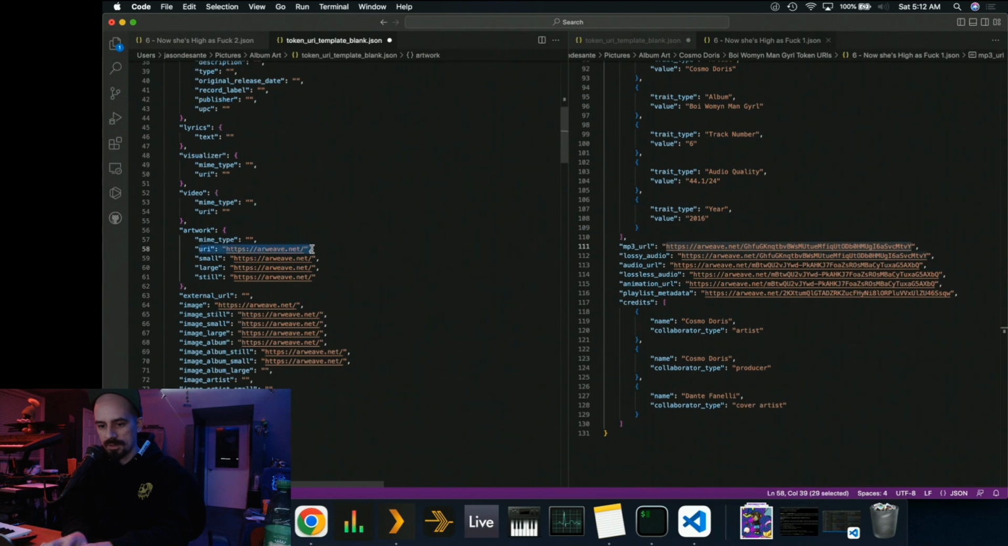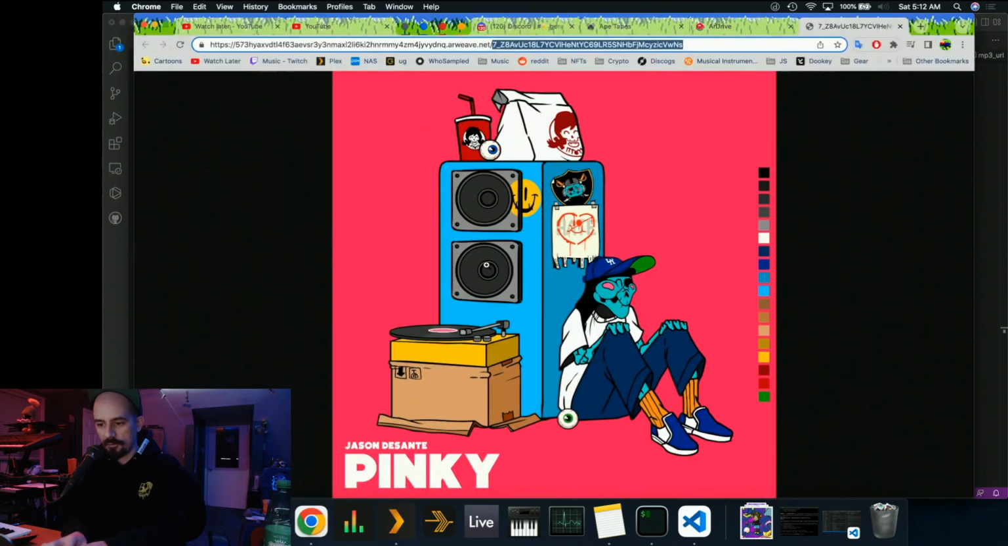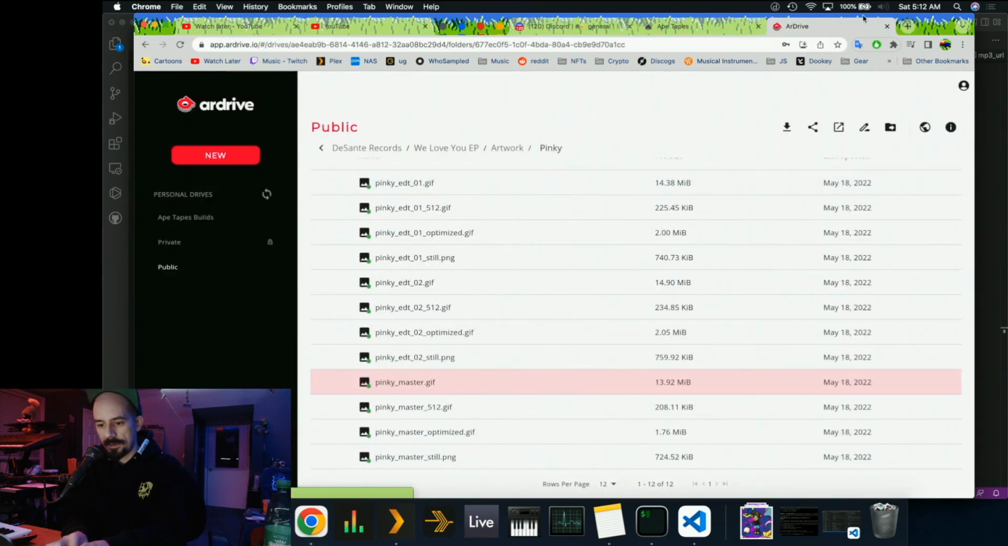But that's not where it needs to go. It needs to go large, because that's the biggest version of the picture. The optimized version of the picture is where the normal one will be. Does that make sense? So I paste the link for the full version of the image, and it gets put where large is. And then optimized,